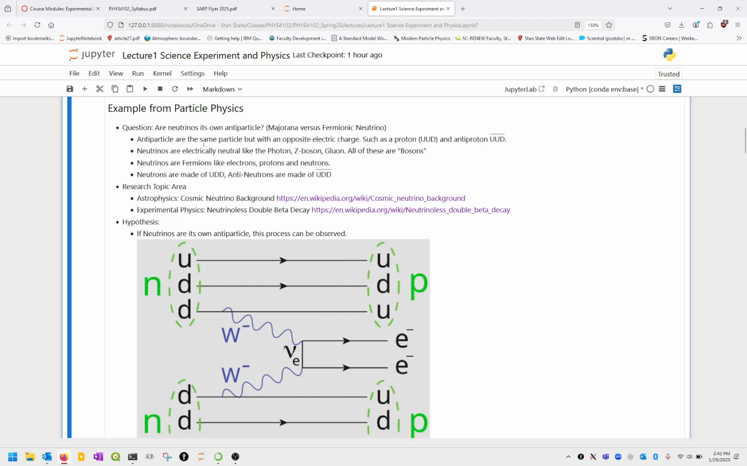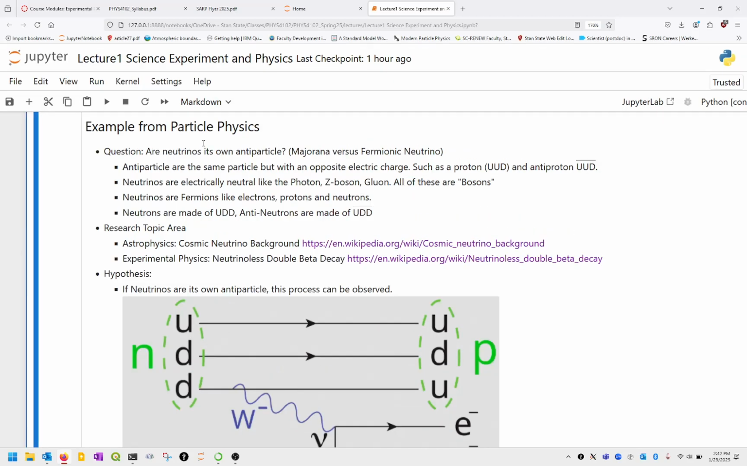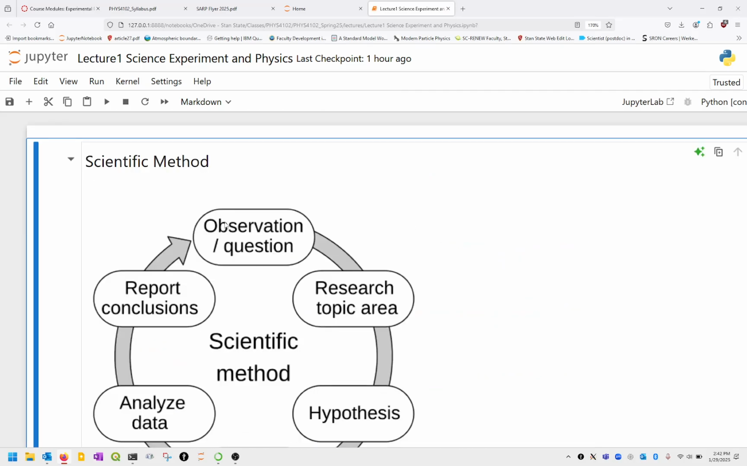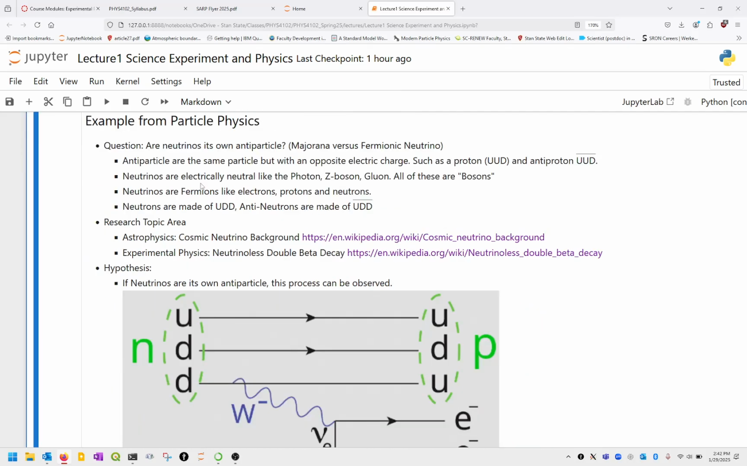Let me see how we make this text bigger. Okay, right? So that's a question, right? So that satisfies this first box up here, right? Okay, and